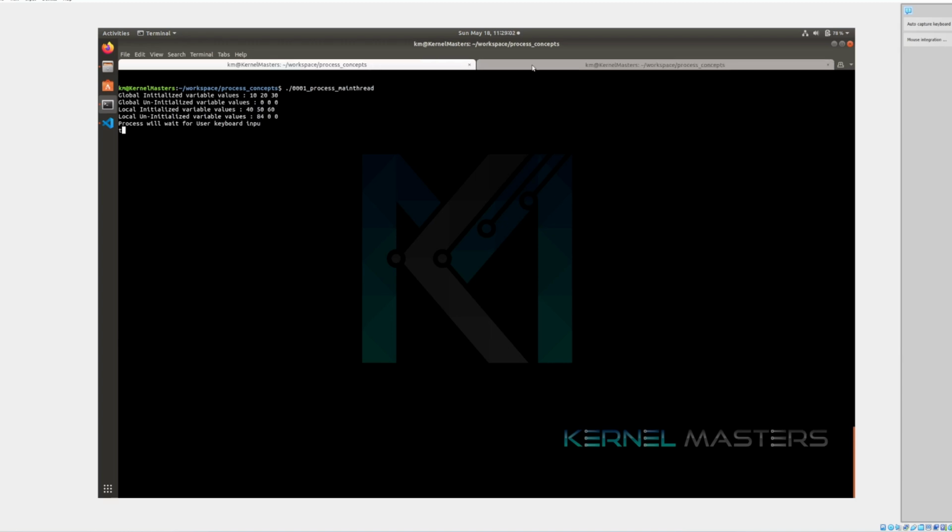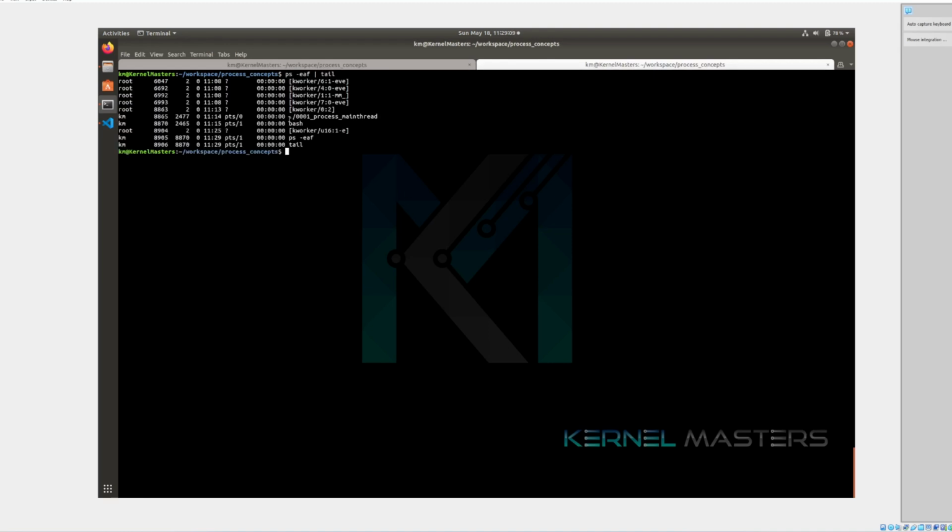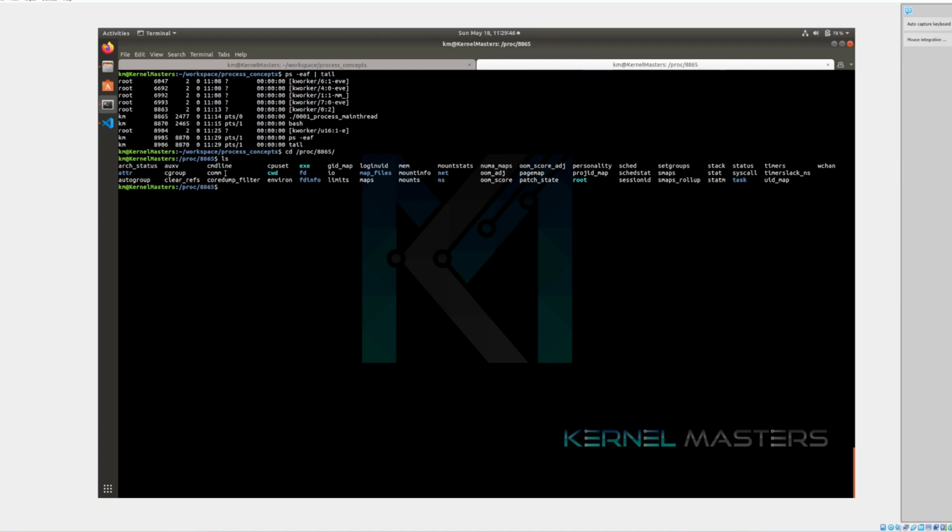So let's grep, pipe to tail. You can see this is the process currently running. My process has this PID, and this is the process ID we need to look for. So now go to /proc/PID, which is 8865. Let's cd into it. You see, inside this process ID directory, which is created by the virtual file system,